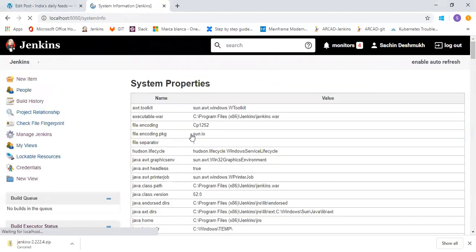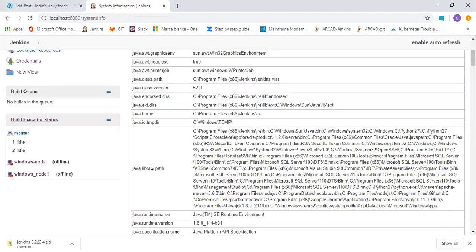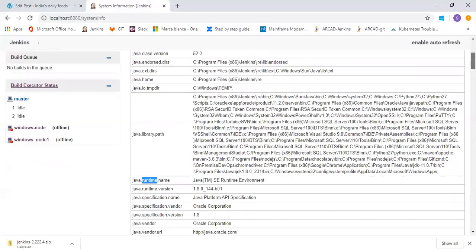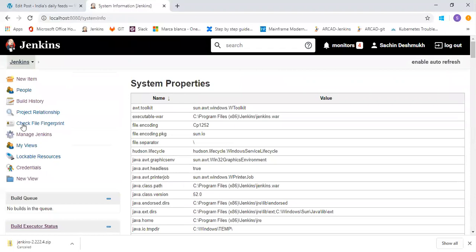This option will provide you all the details, like which executable war is running the Jenkins file. You can see the library path of all the plugins installed and which runtime you are running on. So this kind of information you can see in the system information section.